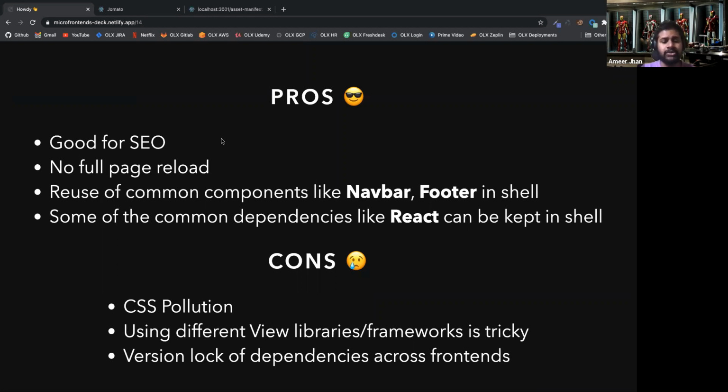And if at some point you decide to upgrade React in the shell, then you are effectively locking yourself in and going against some of the philosophies of micro frontends. At any point you want to update React, you need to update the shell, and before releasing that, you need to ask all the teams of other micro frontends to test their micro frontends with this new version of React, right? That's a very tricky part of dynamic asset loading.